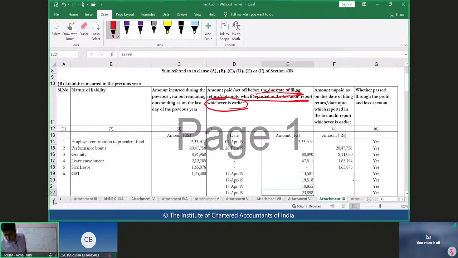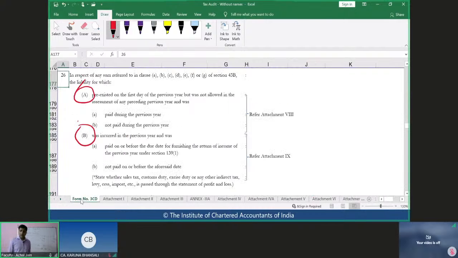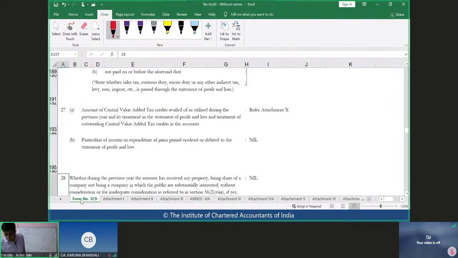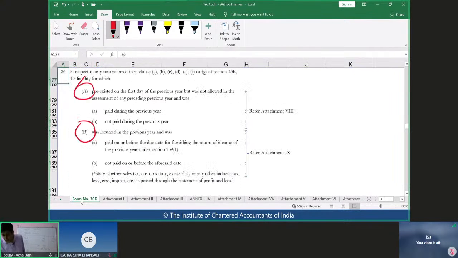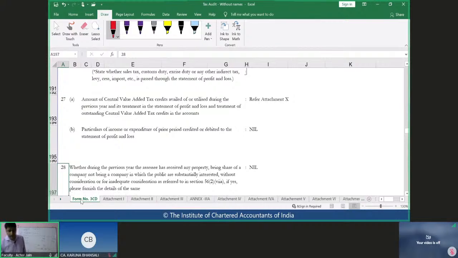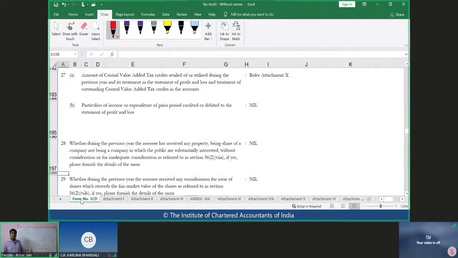And this becomes very, very important, therefore, that the auditor keeps track of all of these updates which will be happening, because some of these payments may have been made, but those may not have got updated in the form number 3CD. Yeah, but anyways, auditor has to pick up a cutoff date, because after a cutoff date, auditor cannot really move, or auditor cannot really perform his procedures on a continuous basis.